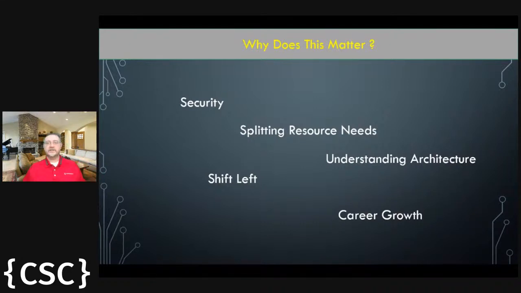And as well, obviously, one of the side effects is you get a higher career growth, right? The more you know, the more that you're going to be able to provide to your employer, to clients, etc.